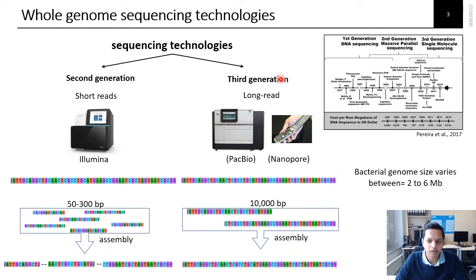In the case of third generation sequencing technology, it is based on long reads. Compared to 50 to 300 bases, we get up to 10,000 bases, or sometimes 40,000 bases, depending on the quality of the DNA you have isolated. These sequenced raw reads can be generated by machines called PacBio or Nanopore. Again, similar to short reads, we have to assemble these long reads in such a way as to construct our bacterial genomes, between 2 to 6 MB in size.